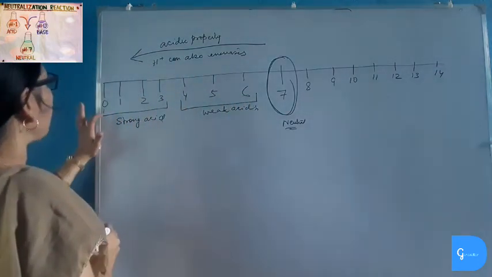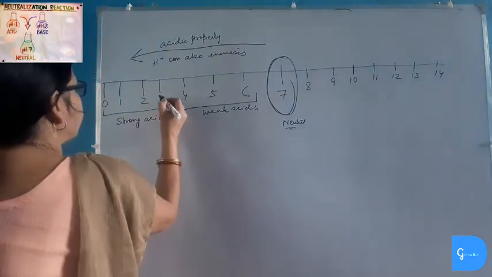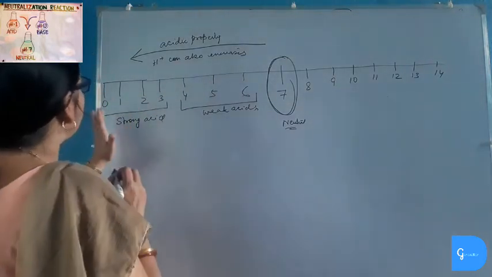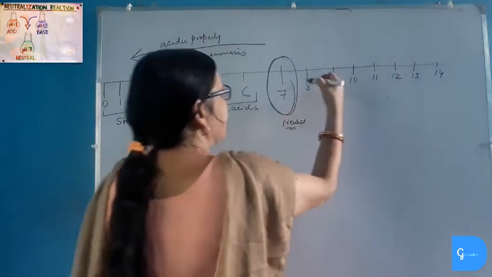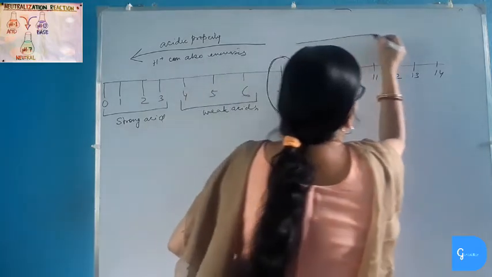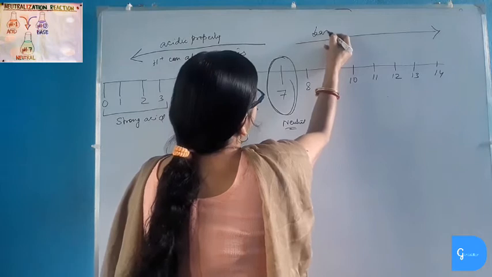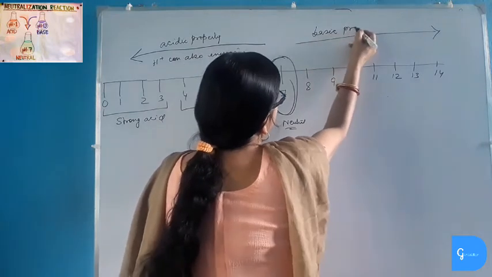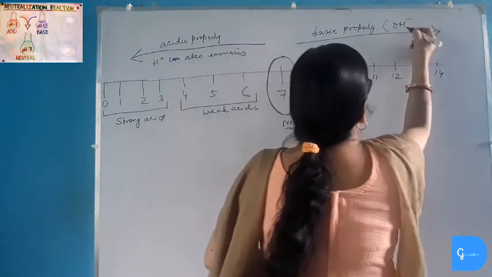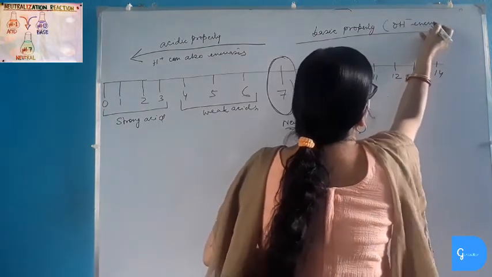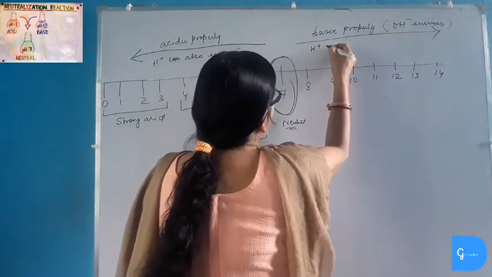If an acidic solution has a pH value of 1, and another acid has a pH value of 3, then the acidic solution which has pH value 1 will be a stronger acid than the one having pH value 3. Similarly, on the right hand side, as the pH value increases, basic property increases, as the concentration of hydroxide ion increases, but concentration of hydrogen ion decreases.